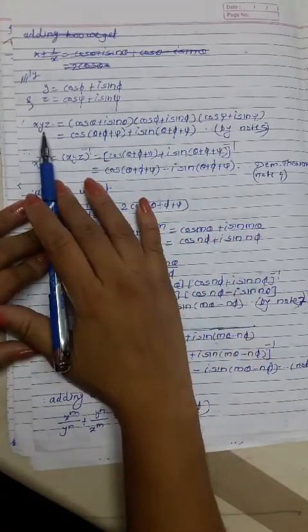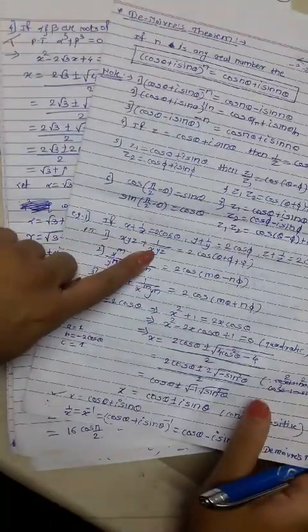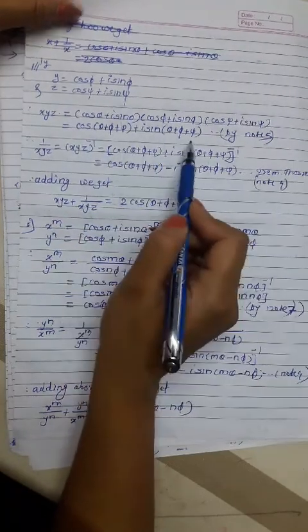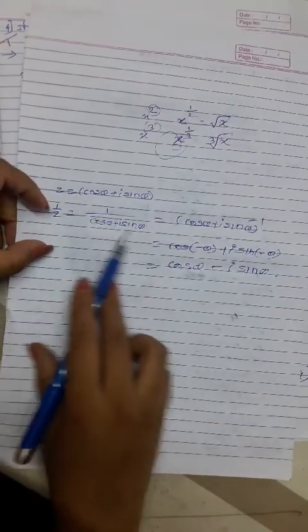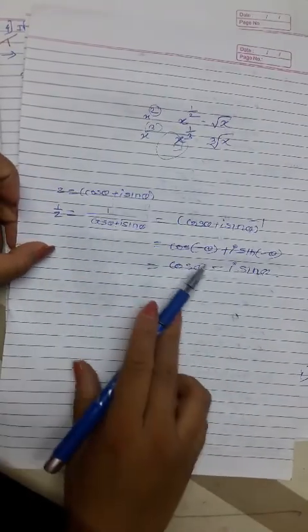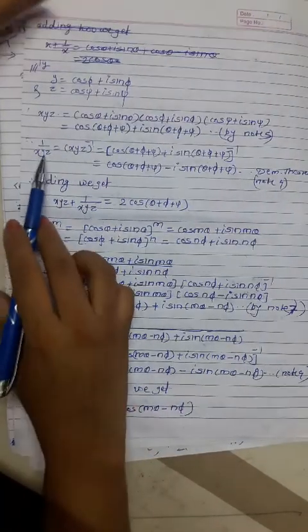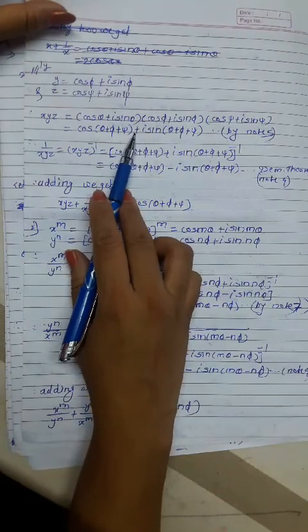Okay, this is x into y into z. Then what do we have to find out? 1 upon x into y into z. What is 1 upon xyz? It is just the reverse of this term, which we have just calculated. Reverse means just put the plus sign into minus or minus sign into plus. Therefore, the reverse of this, 1 upon xyz, is nothing but just changing the middle sign.